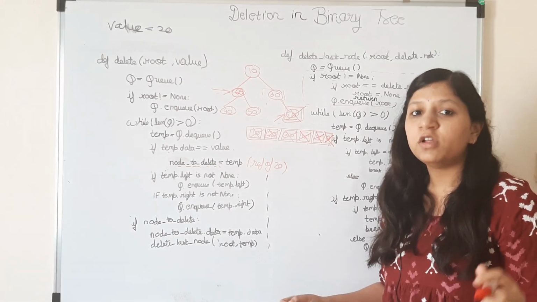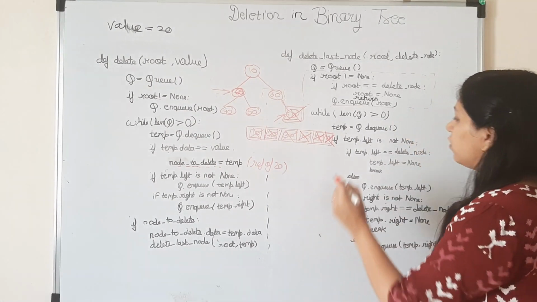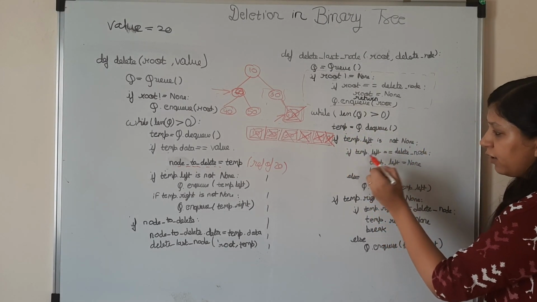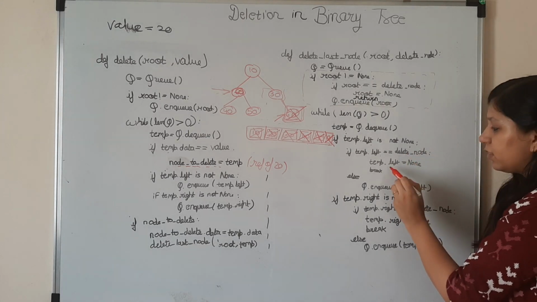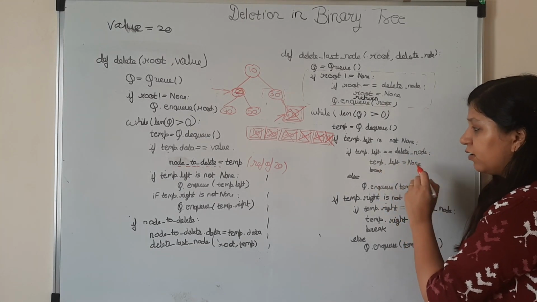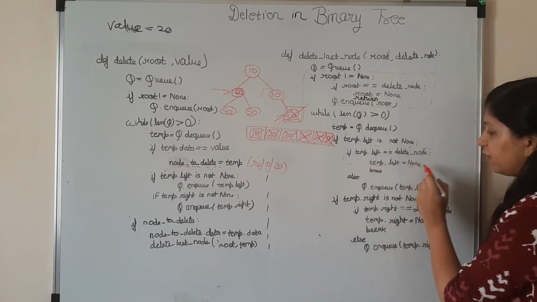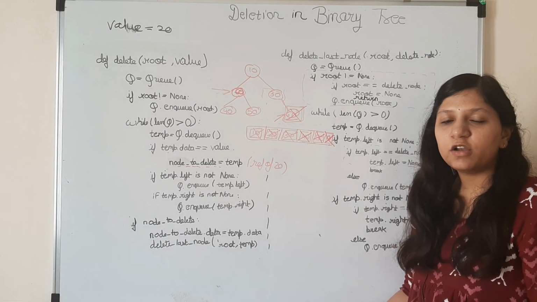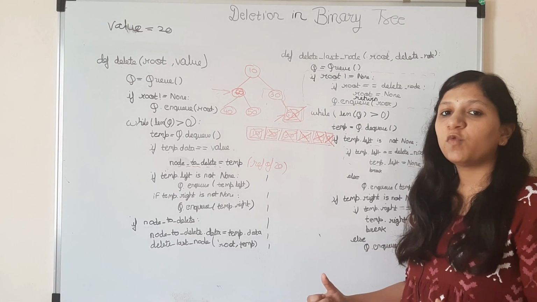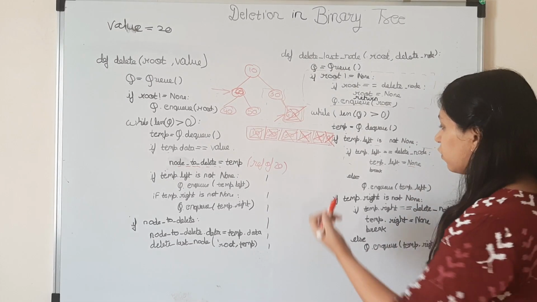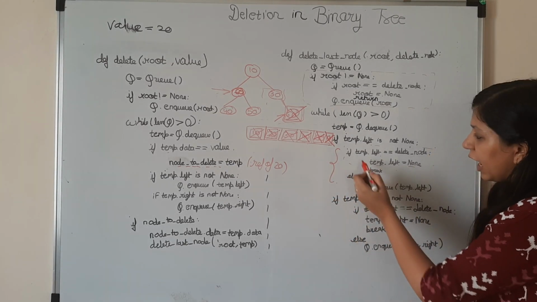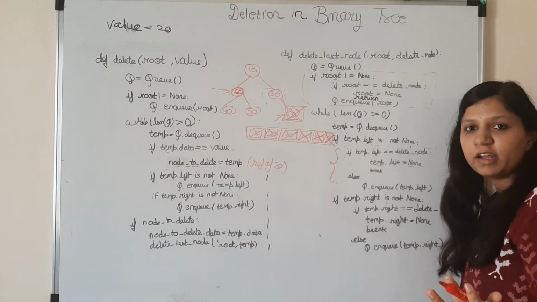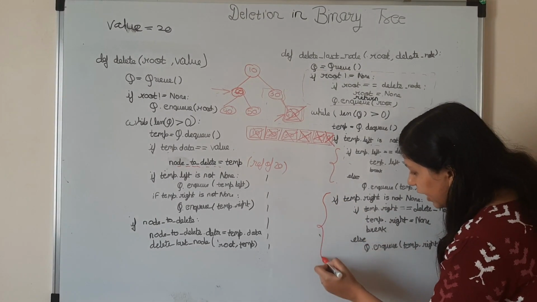Wherever you find this node, you will put none in this. This is our goal. So every time you dequeue an element, you check if its left is not none and if its left is equals to delete node. In this case, temp.left is none. It means you have deleted the reference for this node, and once you are done with this, you should break out of this while loop, because there is nothing further that you want to accomplish from this level order traversal. Similarly, this is for left, and in case you didn't find your delete node, you keep enqueuing that element, whatever we do in our level order traversal, and this is for right.